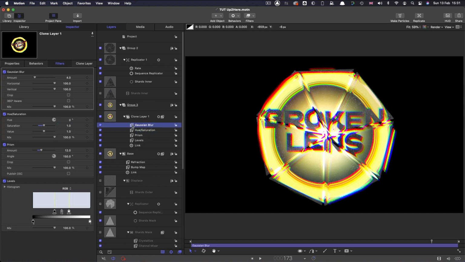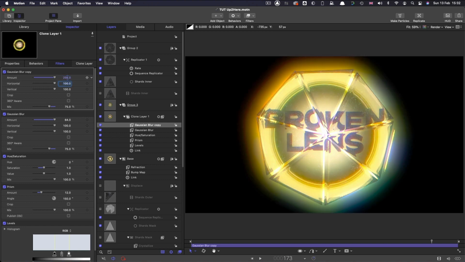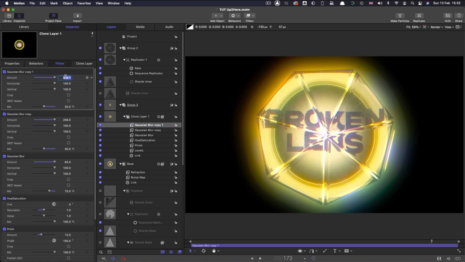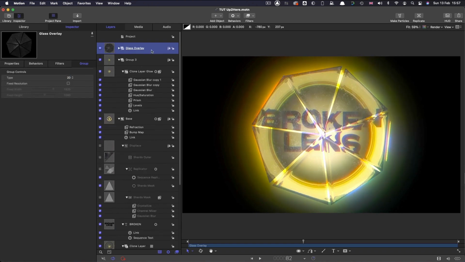Then that Gaussian blur, I'm going to set to 64 and its mix value down to 75. And then I'm going to right click duplicate. This new copy, I'm going to set its amount to 256 and its mix value down to 50. Then I'm going to duplicate it again, right click duplicate, set this value up to 512 and set the mix value down to 15. So I've called this group glass overlay, and we've now got a group that's got the glow element in it and the base,